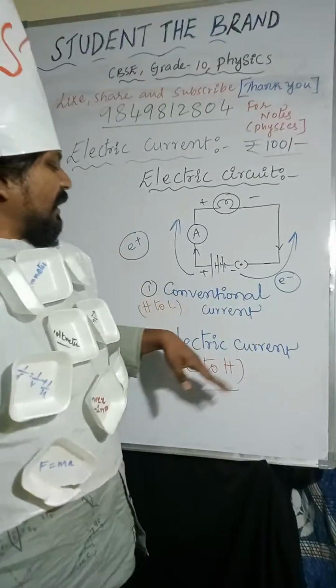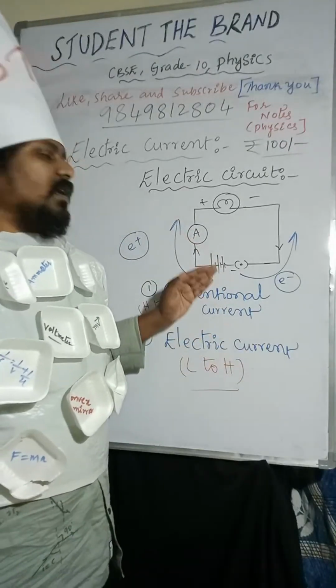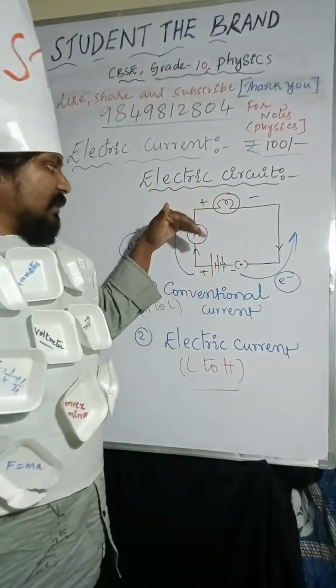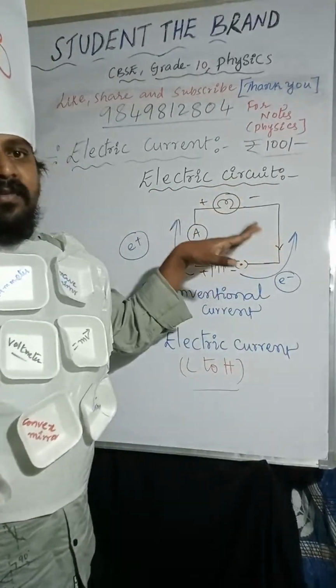So now electric current. Electric current is nothing but the flow of electrons. Electrons are moving from